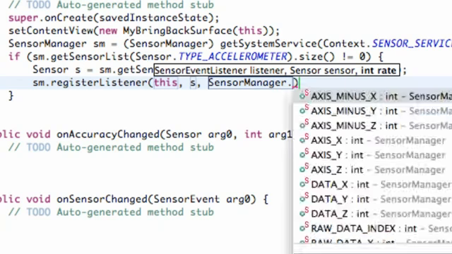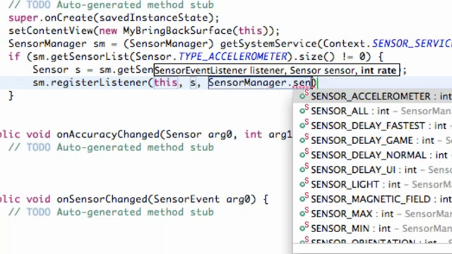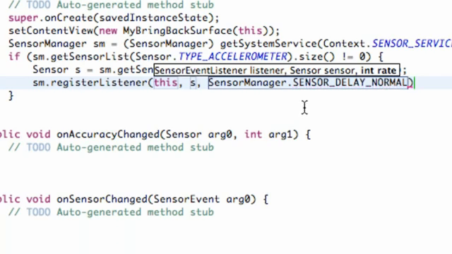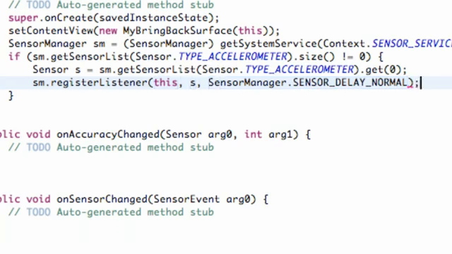and we can pull different rates that are going to update our sensor, because sometimes we don't want to update as fast as possible, and they have different rates of how quickly your sensor is going to try and update or process the information. So if you have an application you want to update as fast as you can, you can choose something like fastest, which you probably don't need. We're just going to choose SENSOR_DELAY_NORMAL, because this application is going to be somewhat normal, and then we're just going to hit finish,